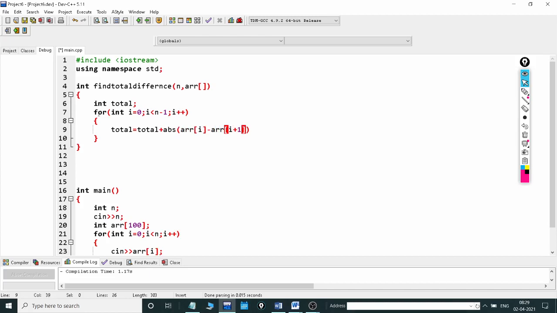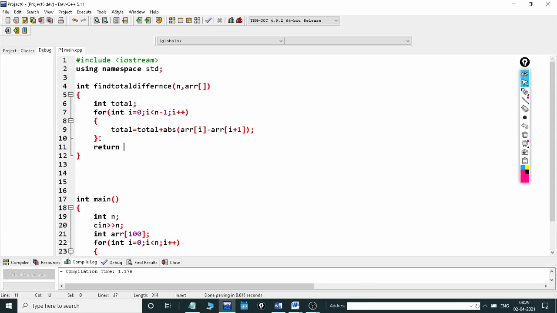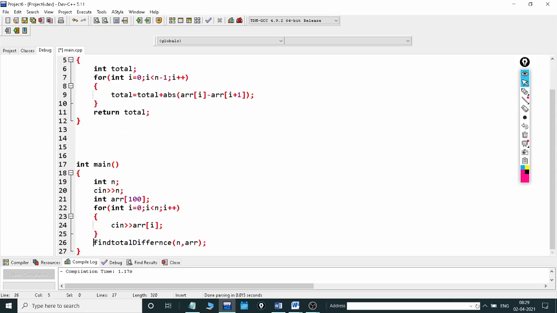The difference between the first element and the next element. Then I need to return total. Then here I need to print that total, so cout, print that total.